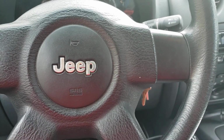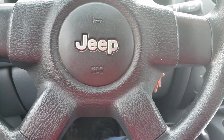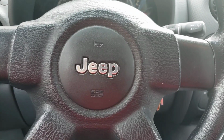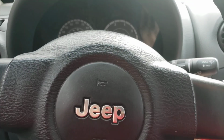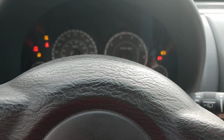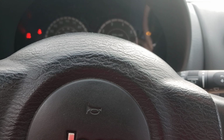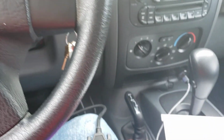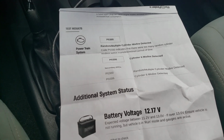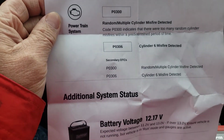Hey folks, all right, what we got here is a Jeep Liberty. This happens to be a 2006. Customer complaint was it had a check engine light on. With the check engine light on, went to the local AutoZone, and they scanned it, and it came up with a P0300, which is a multi-cylinder misfire, and then